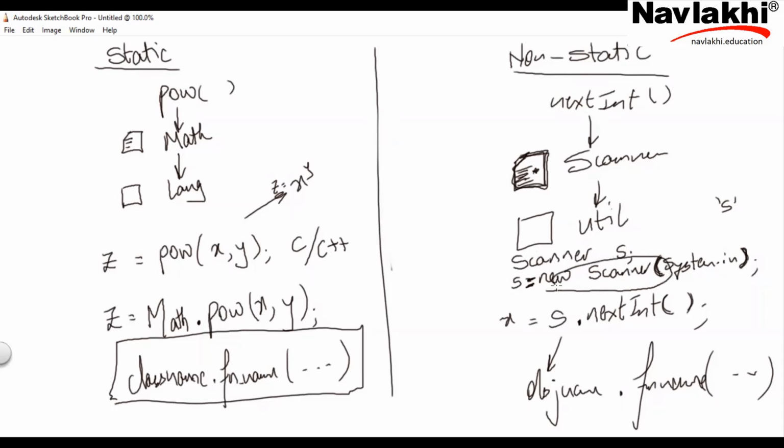So this new child was born who has no name, with these characteristics. And this child with these characteristics is now named S. And then all access to that particular class's non-static functions by S will be done with S dot, S dot, S dot. But obviously S dot can access only the functions of the scanner class, common sense. S is of type scanner, so it can access only what is inside scanner. With S dot it cannot access something of the input stream reader class or buffer reader class. It has to access only things in the scanner class. Got it. So be very clear on these two things: how to access static functions, how to access non-static functions.